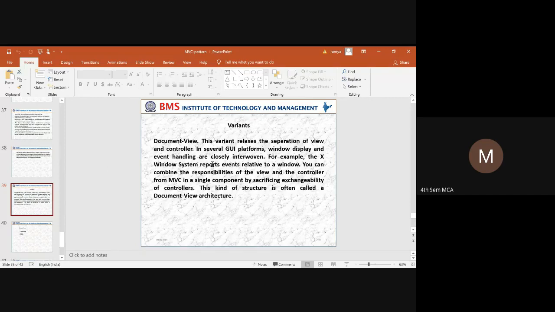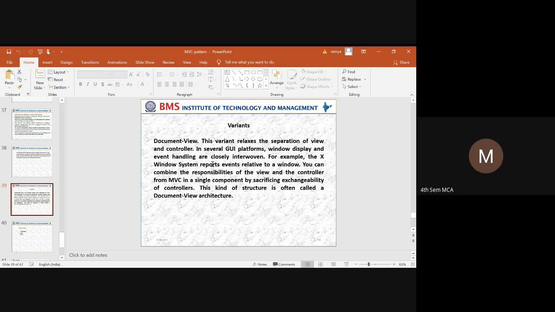When we are using this document view, it is a separation between a view and a controller. We don't have any particular view or a particular controller that will be created. It is just a graphical user interface platform that we are going to consider to display some information. It can be in the form of a report.